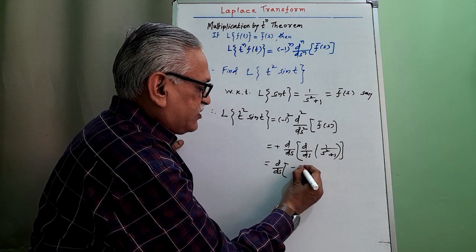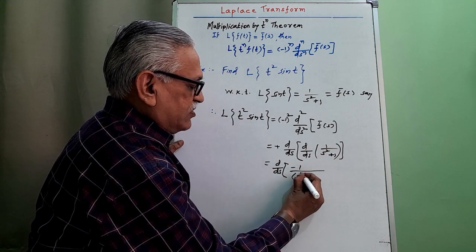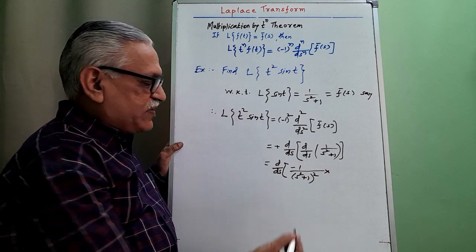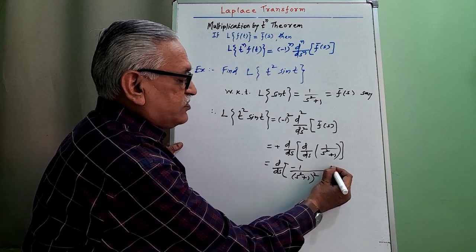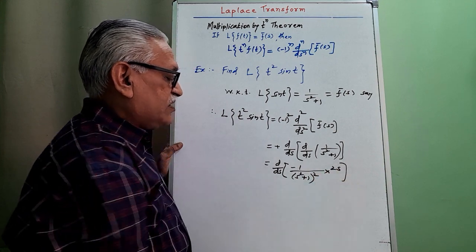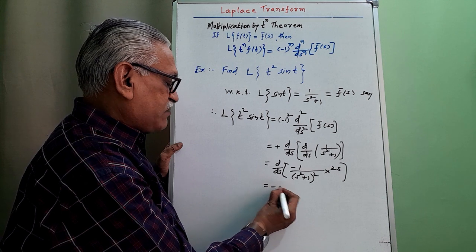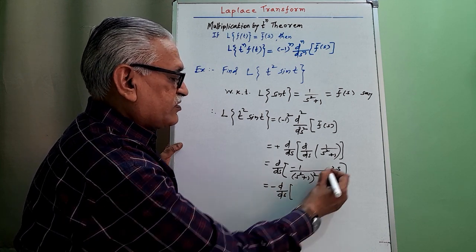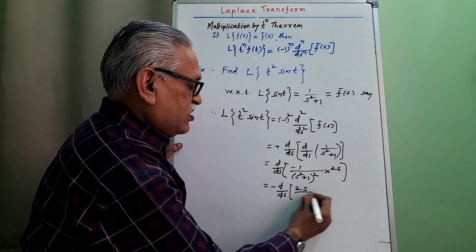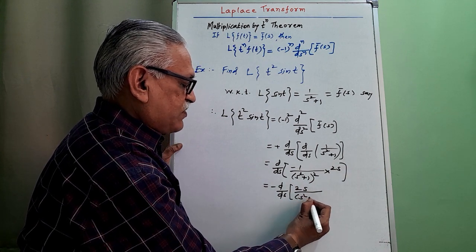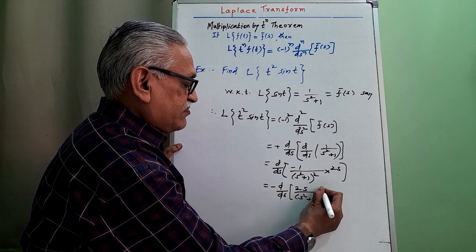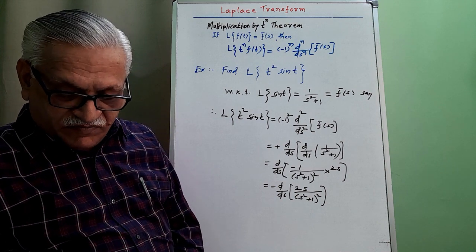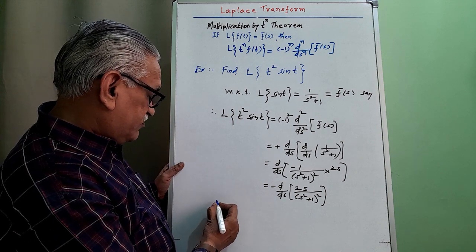As per that, it is minus 1 upon (s square plus 1) whole square. Chain rule, as it is function of function, applying chain rule. Differentiation of s square is 2s, and therefore we get that term as minus d by ds of 2s whole divided by (s square plus 1) whole square. Therefore, once again differentiating it with respect to s, it is equal to